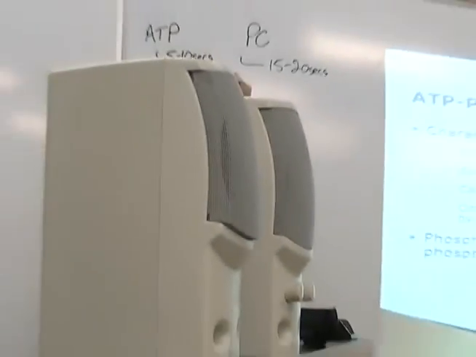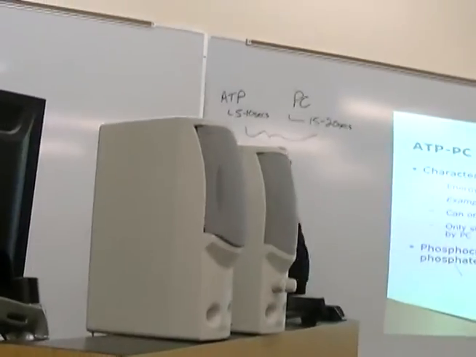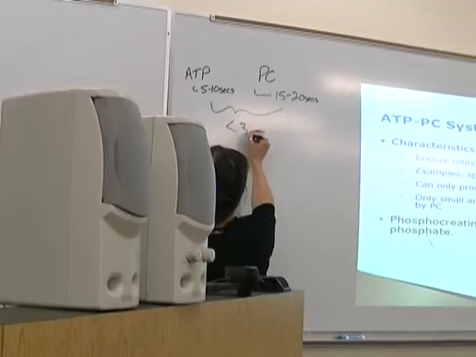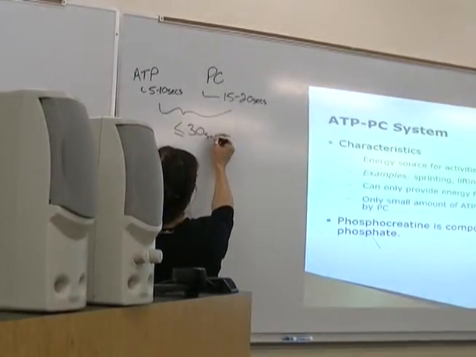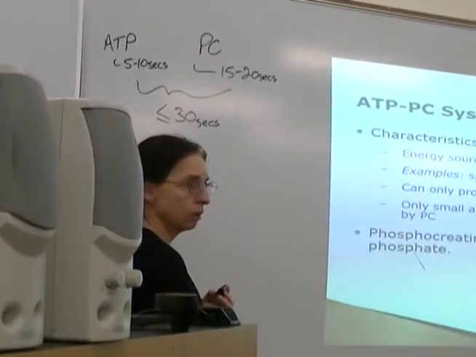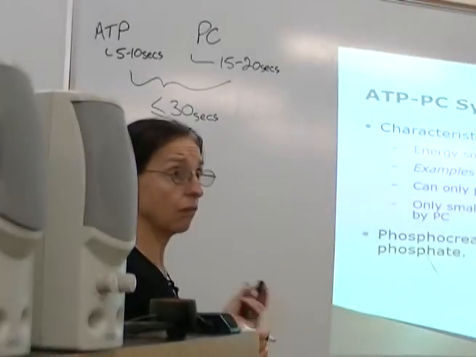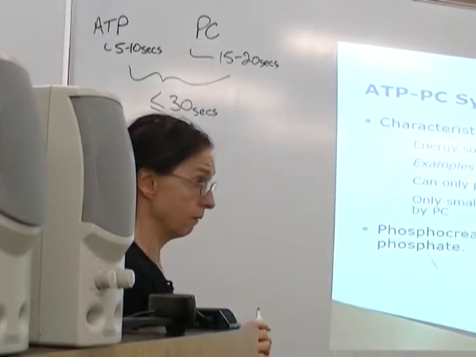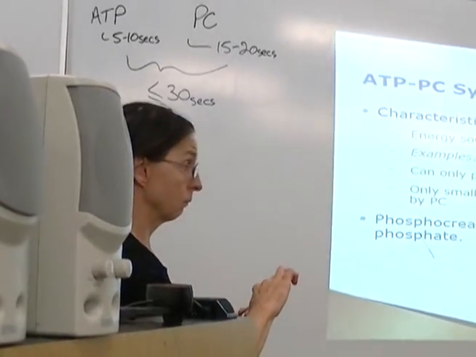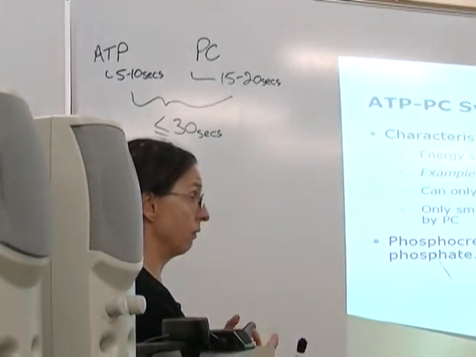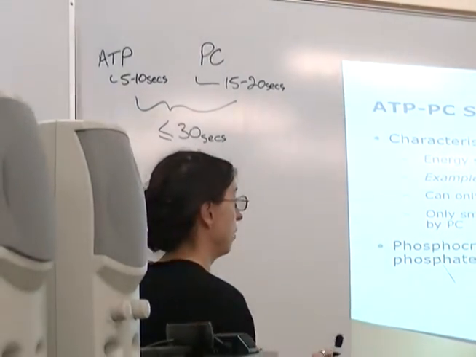All right, so if we put these two together, we've got somewhere around 30 seconds. That's the top end of what this system can manage with. Yes? All right, so